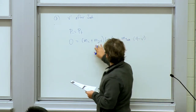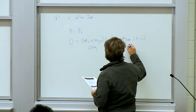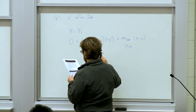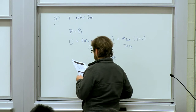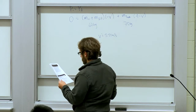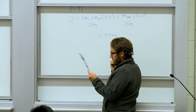Right, so this is 60 kilograms here, and this from Jack is 75 kilograms. Okay, so we can figure out what V prime is. Again, we have an equation with just V prime in it. And we get V prime equals 2.22 meters per second. Okay? Now, we have to solve the problem with Jill jumping off this moving crate, right? So now we have